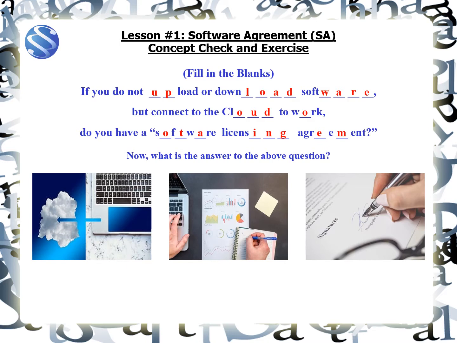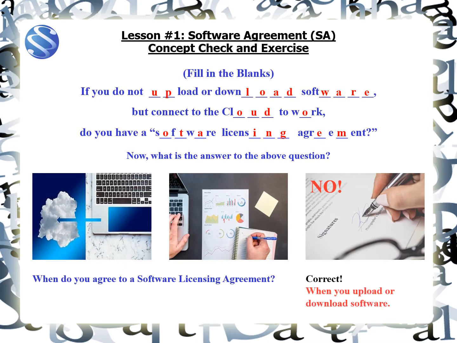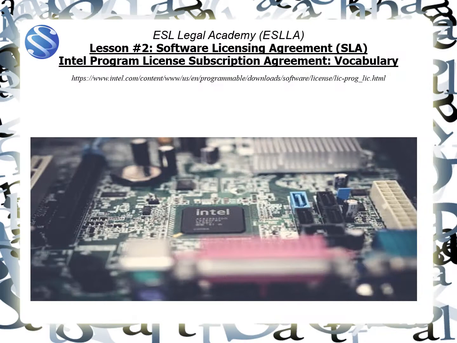If you do not upload or download software, but connect to the cloud to work, do you have a software licensing agreement? No. When do you agree to a software licensing agreement? Correct. When you upload or download software. Very good. Now you know the differences between a software licensing agreement and a software as a service agreement.